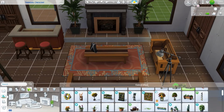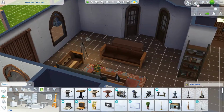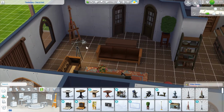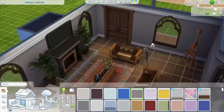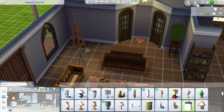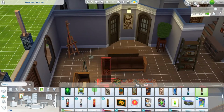And you could just always delete the easel once again and put another skill-based game, like a violin or whatever you'd like. But I also put a bonsai tree there because I know that's another skill that you could do. And that was a weird space. But I was going to put a plant there regardless, but I was like, maybe I'll just put another learning skill thing there. And then it was really dark, and I didn't want to add a ceiling light, so I ended up just putting one of those,